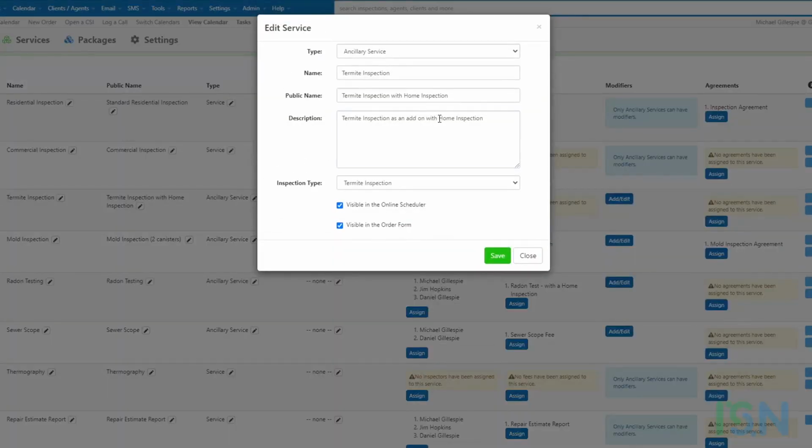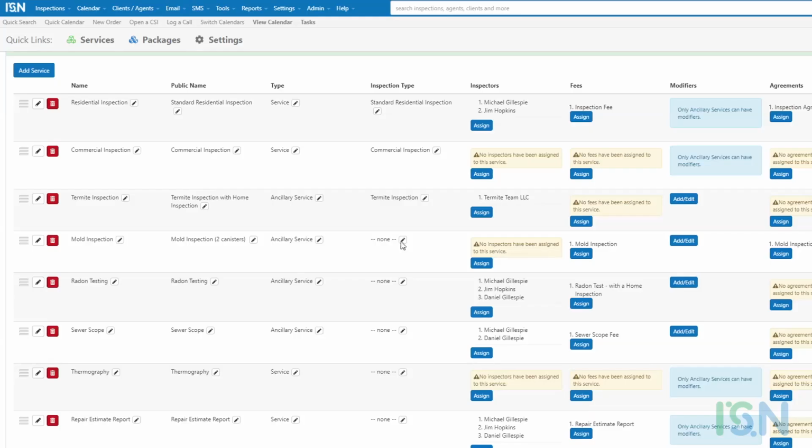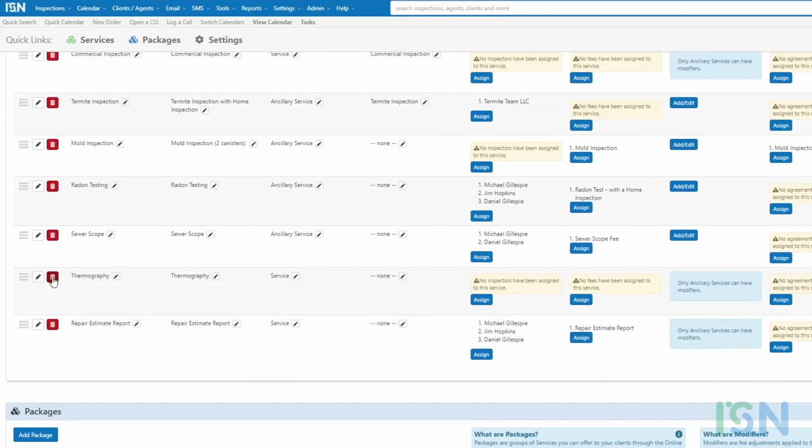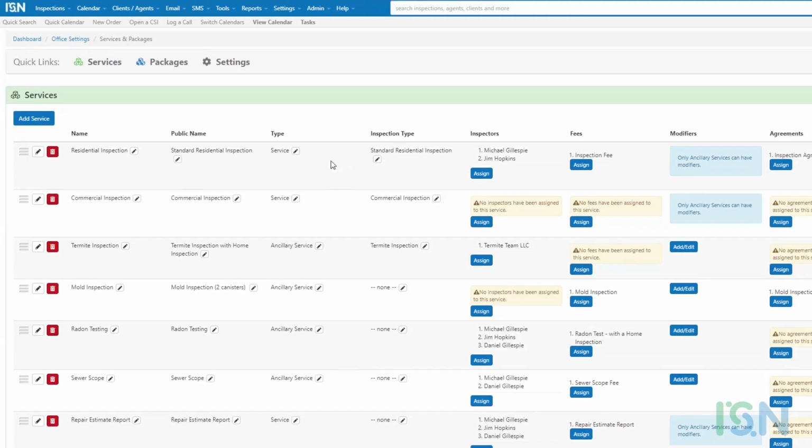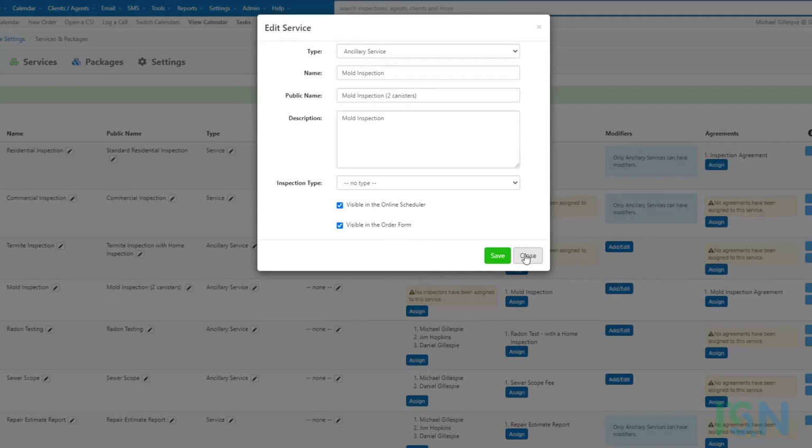Select the icon, make appropriate updates according to your preferences, then select Save at the bottom. Individual services can be removed by simply selecting the trash can icon. Next are the Name, Public Name, Type, and Inspection Type columns displaying the current configurations of existing services. Selection of the pencil icon adjacent to the values in any of these columns opens the same Edit Service interface